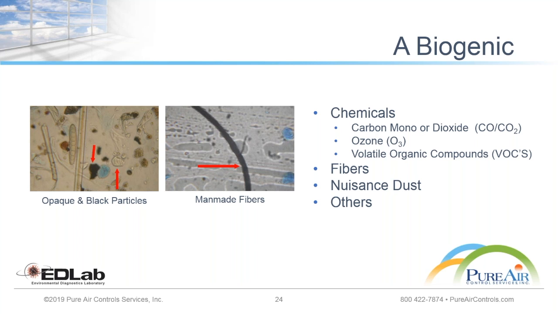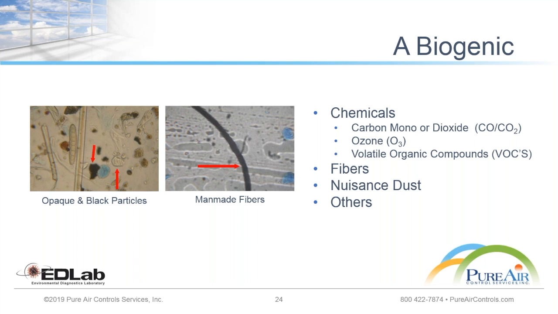The abiogenic samples mostly include various kinds of chemicals such as volatile organic chemicals, carbon monoxide, etc. Those are the common ones typically recorded from the indoor environment. Then you have fibers and nuisance dust. That is a whole other world, because nuisance dust incorporates both organic as well as inorganic material that can be allergenic. There are several other abiogenic things, which can be dead plant material, dead animal material, etc. that can also make it to the indoor environment and serve as an allergen.